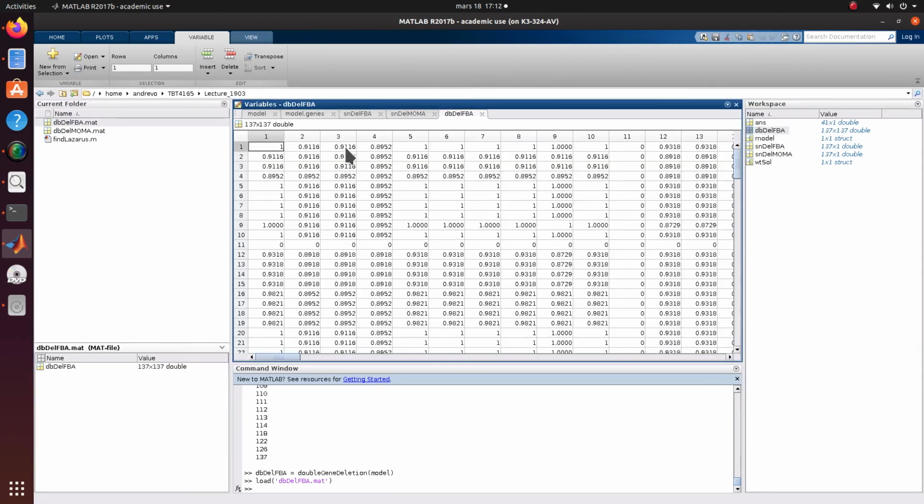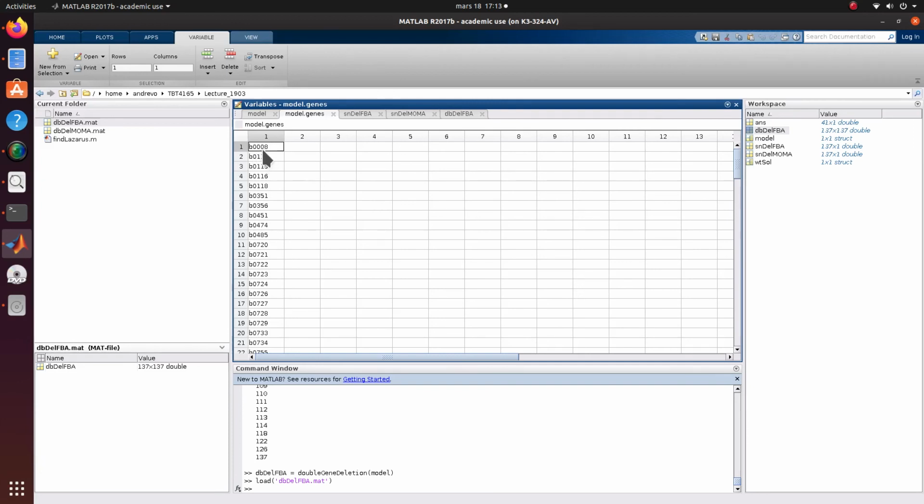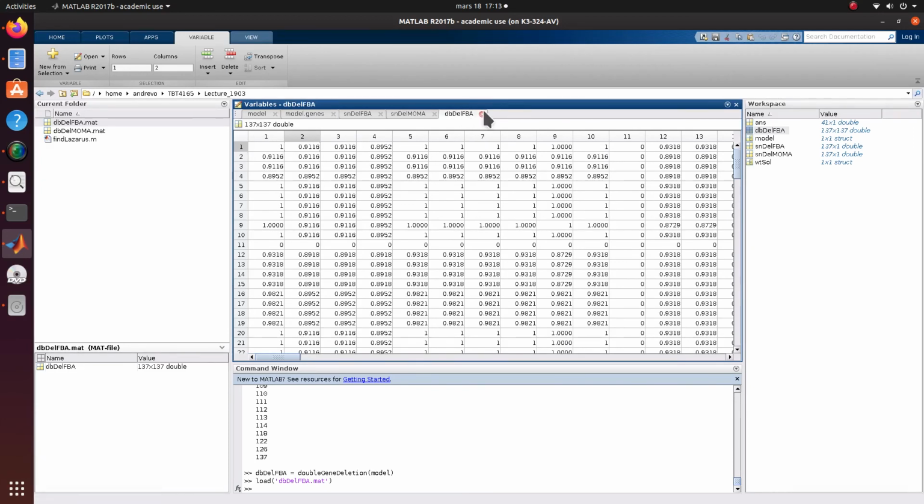And we get a 2-dimensional matrix, which shows the relative growth rate for each double mutant. So we see, for instance, this diagonal here really corresponds to just the single mutant, while this here would be a double mutant with both gene 1 and gene 2 knocked out, which corresponds to then gene B008 and B0114. Similarly, we see here that in the DBDel FBA relative to the SNDel FBA, we can actually just look directly at this matrix,